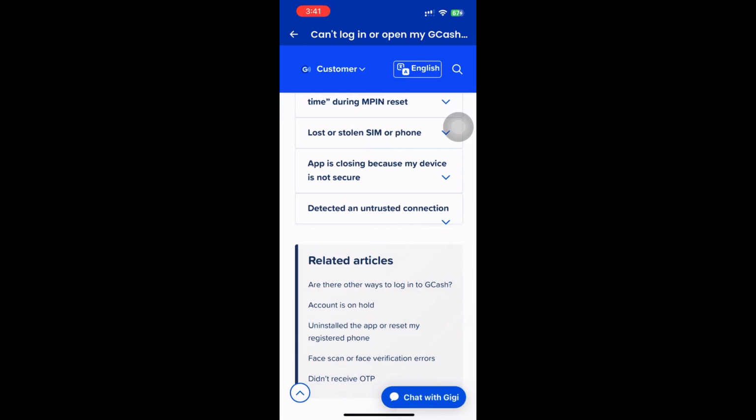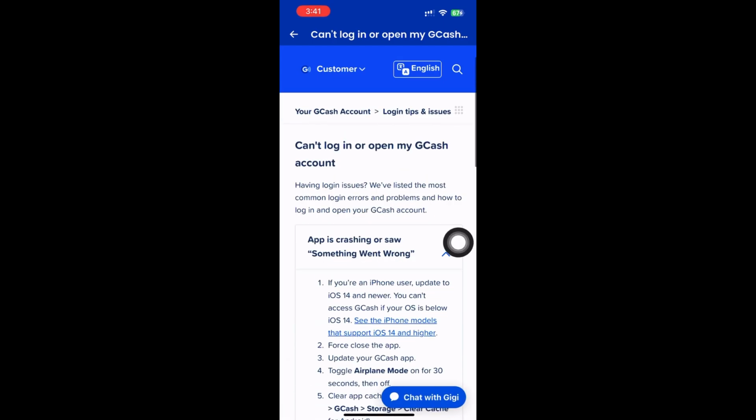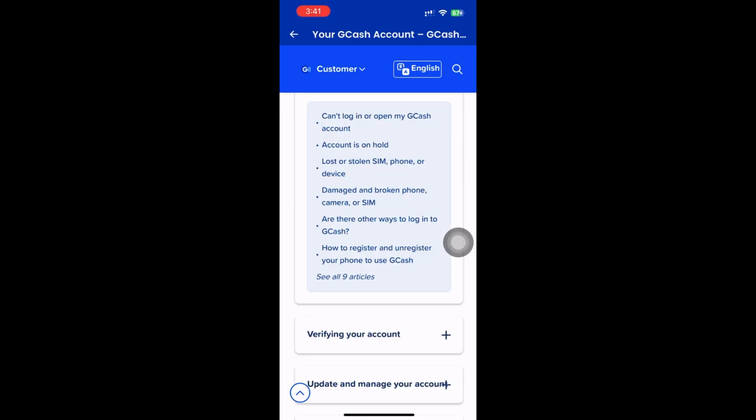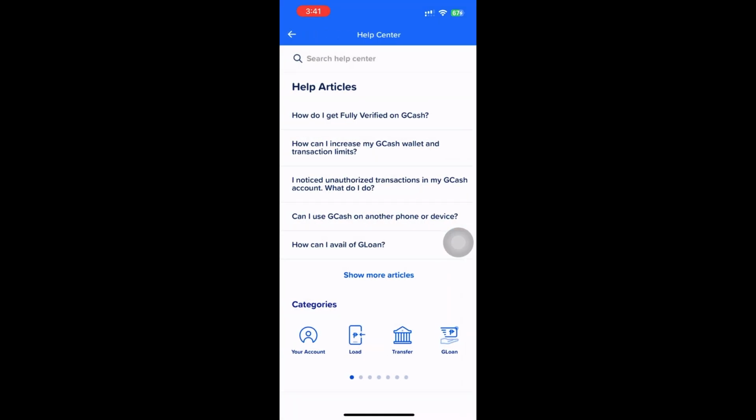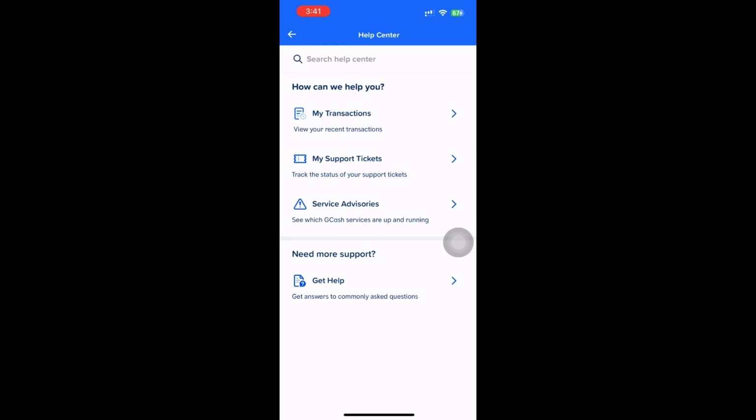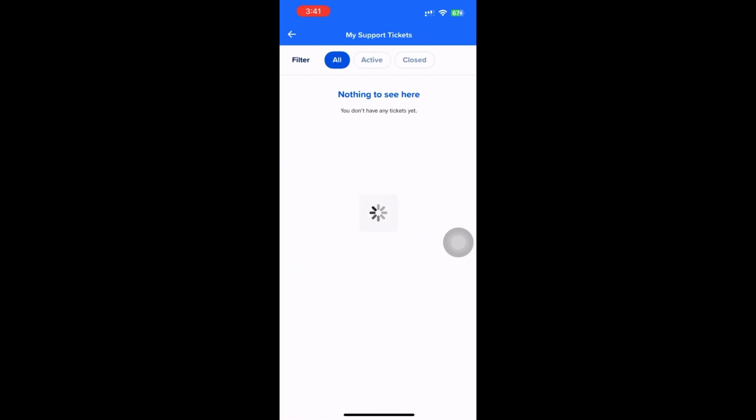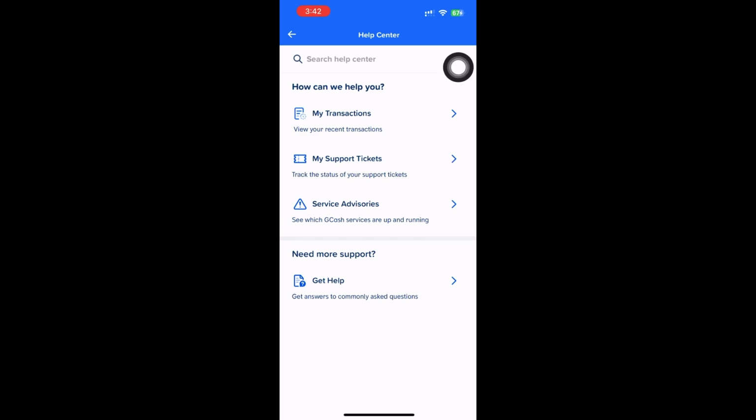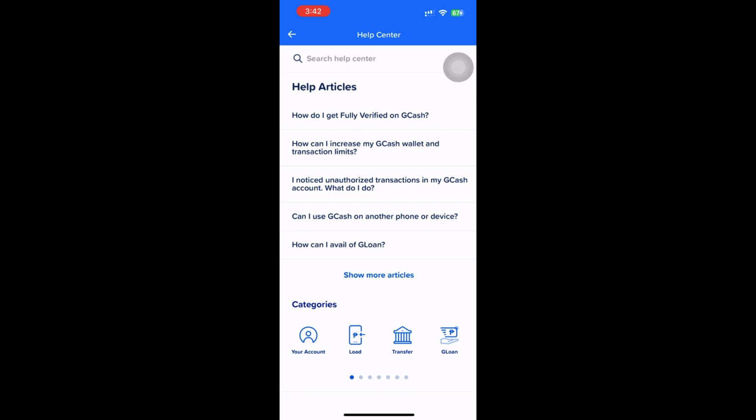You can check updates by going back to the Help Center or checking your email and SMS notifications. So, to keep it simple, open GCash, go to Profile, tap Help, choose your issue, open the related article, tap Submit a ticket if available, fill out the form, attach proof, and submit. And that's how you submit a ticket in